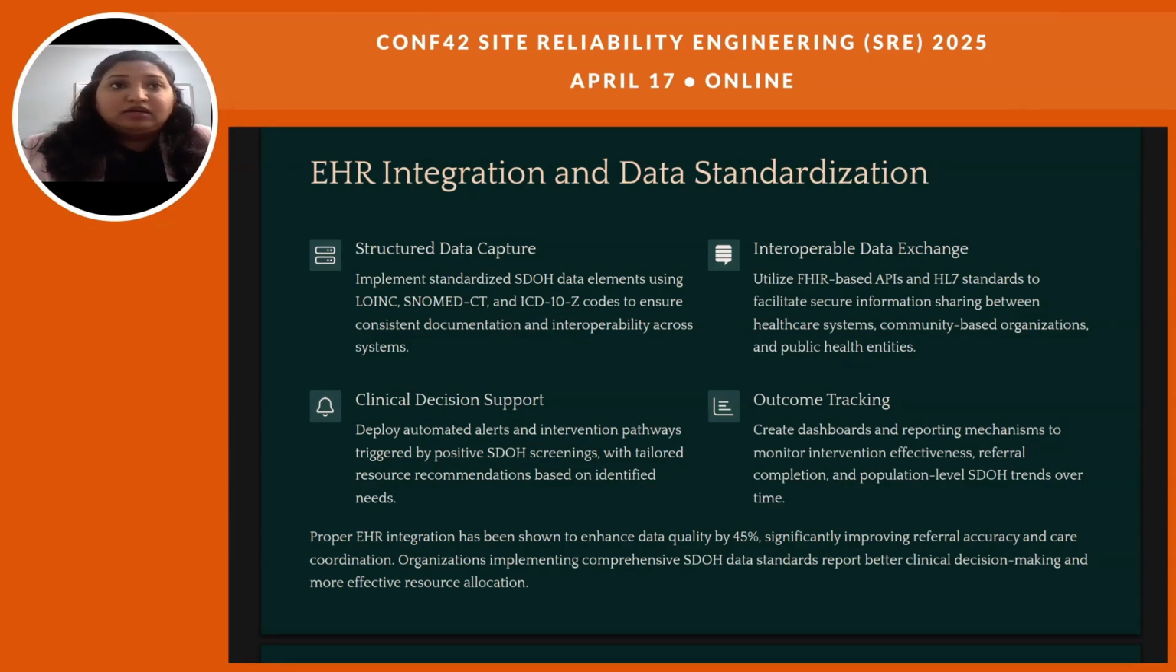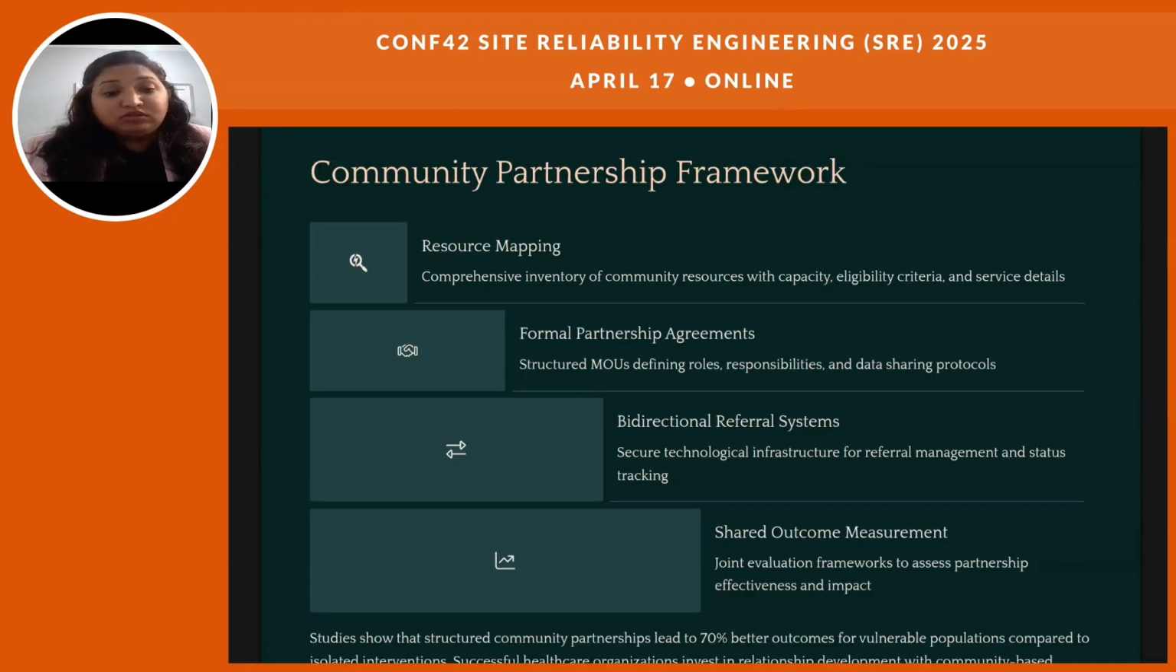Outcome tracking. Creating dashboards and reporting mechanisms to monitor intervention effectiveness, referral completion, and population-level SDOH trends over time has been crucial. Deploying automated alerts and intervention pathways triggered by the positive SDOH screenings with tailored resource recommendations based on identified needs is vital. Studies also show that structured community partnerships lead to 70% better outcomes for vulnerable populations compared